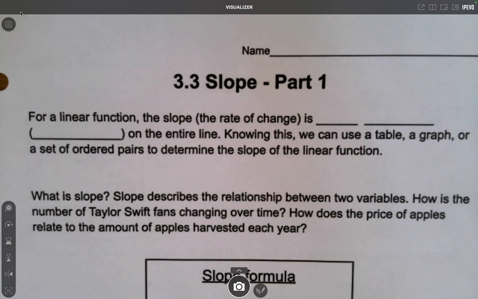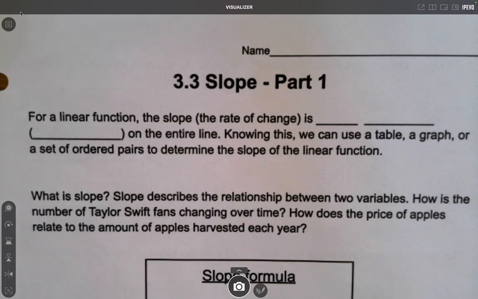Slope. Slope is a concept that will stay present in math for the rest of your life. Yes, even as you go up through AP Calculus, slope is a really important part of what we do. So for a linear function, because at this point we're dealing only with straight lines, for a linear function, the